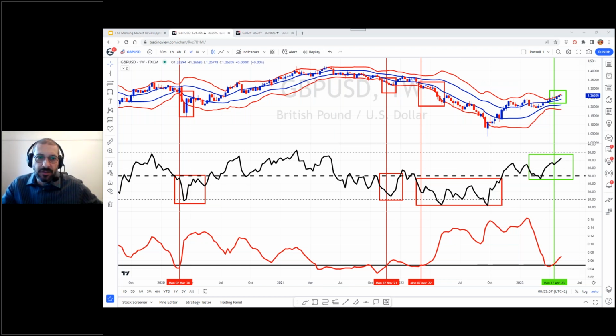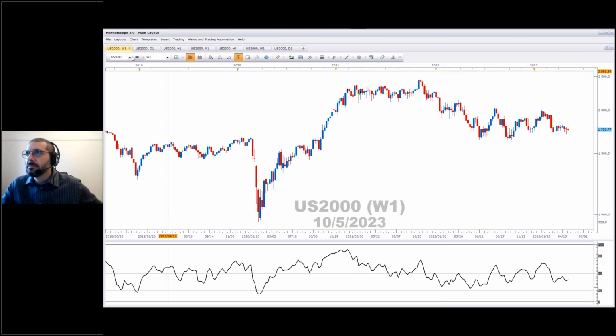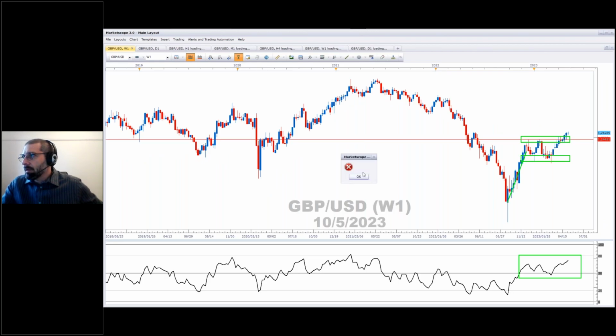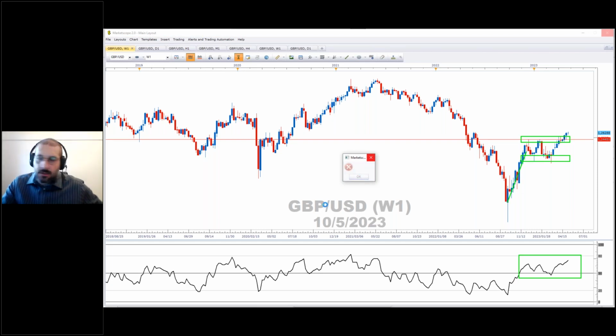So we're going to go through to market scope now. Kobus, I'm still waiting for some sort of resolution on what this error message is. As soon as I get some news there, I'll let you know. Sorry, this is taking a bit long. Let's just go through to